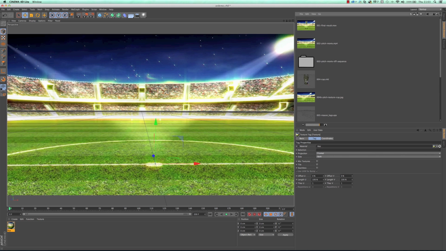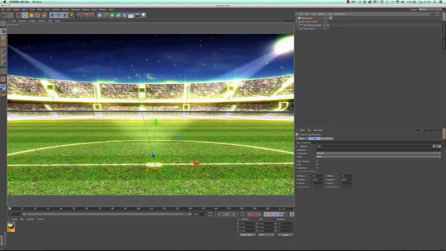So when you work with motion graphics, particularly with 3D objects, chances are that your deadlines are very tight. And although you can model things from scratch, it's often much faster to just go and get a preset model of what you want to buy. So there's various websites that will sell you 3D models. The one that I've got here originally came from TurboSquid, so that's one, for example, but there are many others on the market. Just search 3D models, and Cinema 4D Lite and the other Cinema 4Ds can load in many different types of model types. So this one, though, I've taken in and then saved it as a Cinema 4D file for future use.